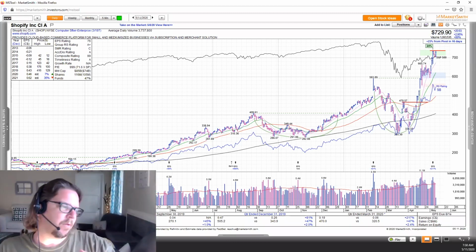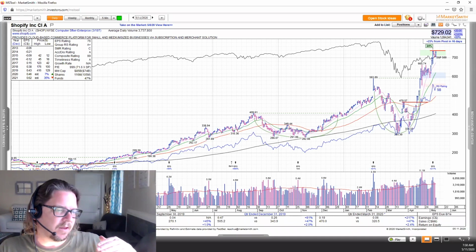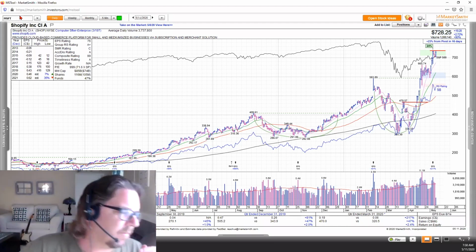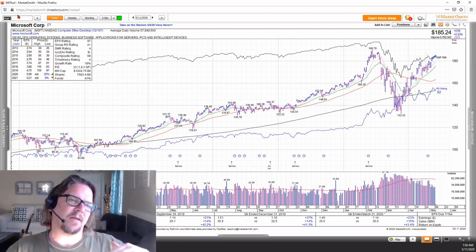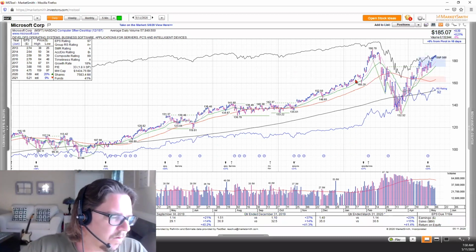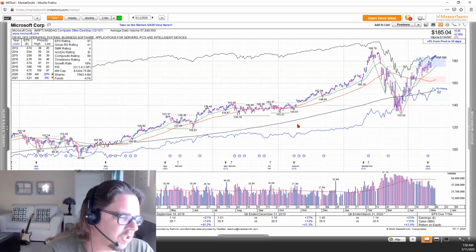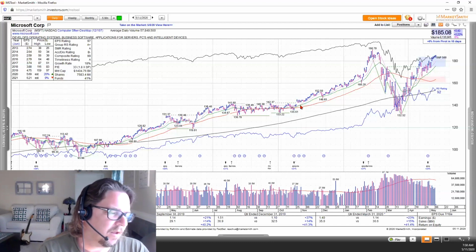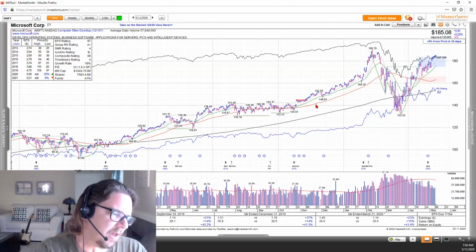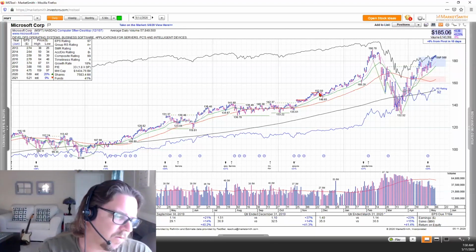No, so pull up Microsoft, for example. It is a characteristic of a stock that is very healthy for it to build shelves on top of shelves. So think of it as bases on top of bases. So when this one broke out in October of last year, it went sideways for a little bit, and that was a shelf, right? And then it went up again, and then it had its pullback to the 21-day,